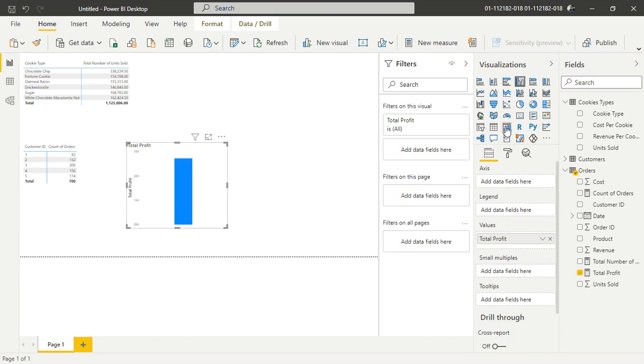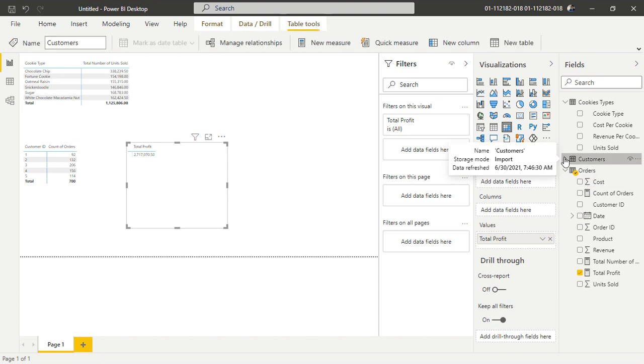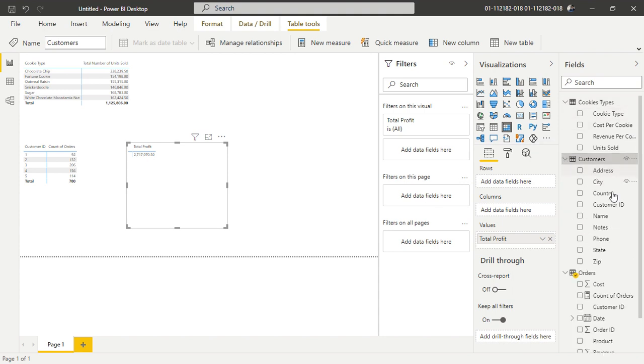Okay, again change it into a matrix so we can analyze it. So our total profit is 2.717 million. Then what I can do right now is I can find customer ID. It will be a distinct ID. I can find how much total profit